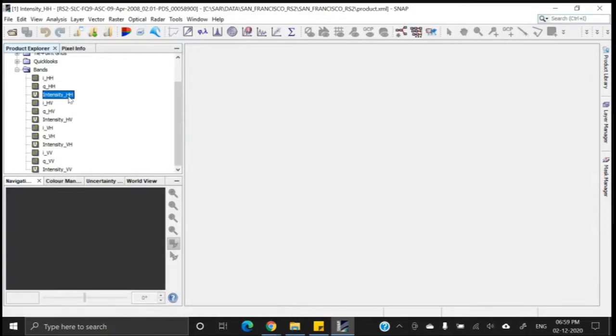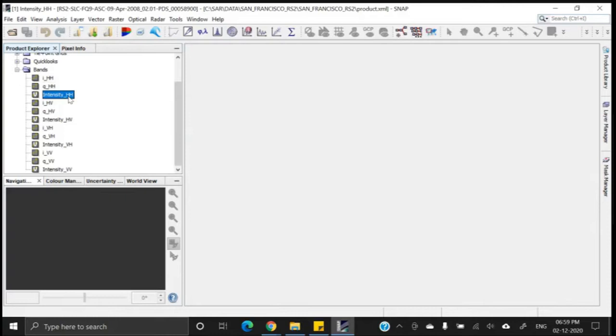Okay, intensity image. Normally, see, we prefer to interpret the images in terms of their intensity of the returned signal. I mean, the amount of signal that has been returned, or the amount of energy that has been returned from the Earth's surface. But unfortunately, in the radar image, we do not get the intensity image.